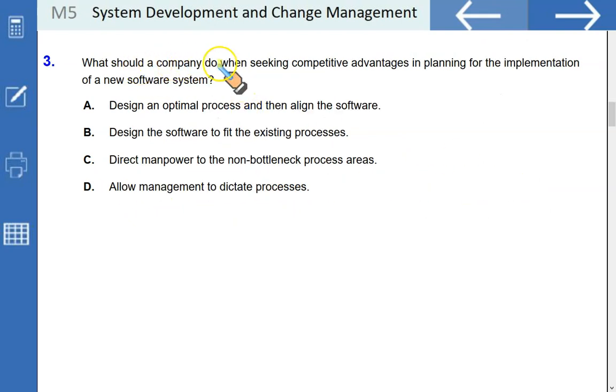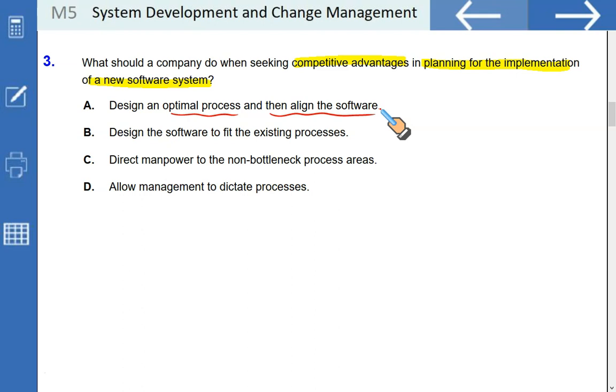What should a company do when seeking competitive advantage in planning for implementation of a new software system? Seeking competitive advantage in planning for the implementation of a new software system. Let us see the options one by one. Design an optimal process and then align the software. Yes, that's it. The implementation of new software